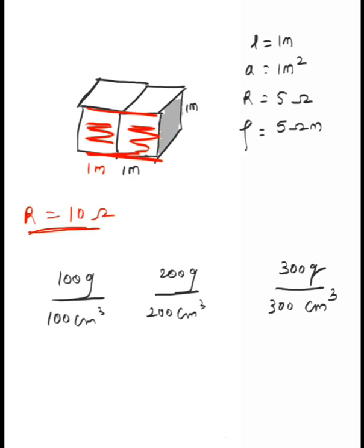Okay. But now if I change the temperatures, this is at 20 degree, this is at 30 degree, and this is at 40 degree. Still will the densities be the same? No. Obviously not, because the temperatures are different, guys. Same way, if it's the same material, say copper only, and the lengths are different, it doesn't matter. It will still have the same resistivity. But if the temperatures are different, like A is at a higher temperature, B is at a lower temperature, then the resistivity will be different. It will not be the same.